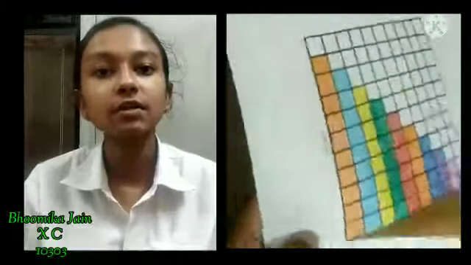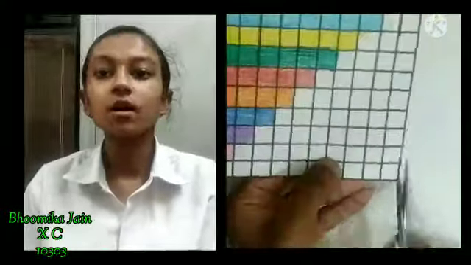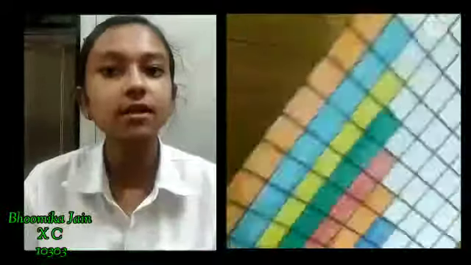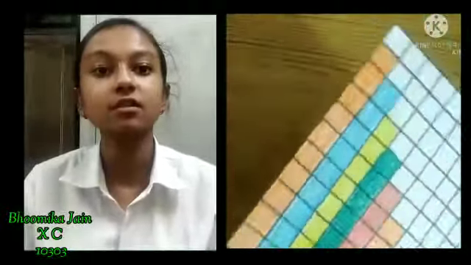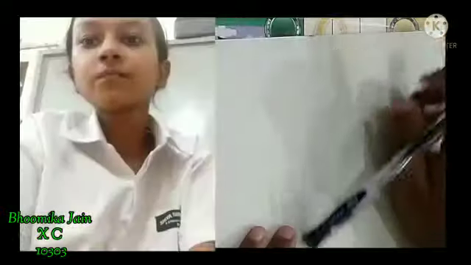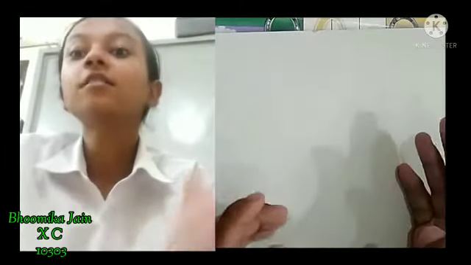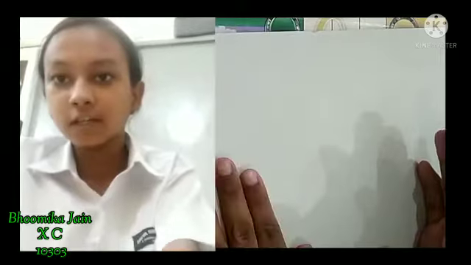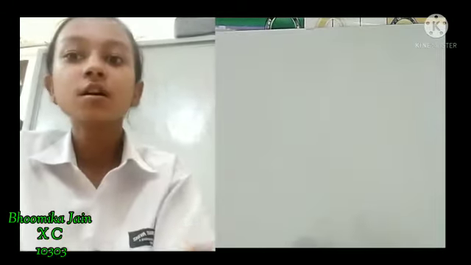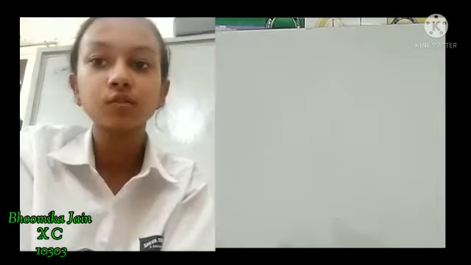Then we have to cut both the sides, one colored and one uncolored. The uncolored will be the replica of the colored side, and we'll use it in visualizing the formula and verifying it. So everyone, now we are going to find our main formula of the activity. Everything we have done so far was only for fun and to learn this activity better. But now is the main concept that we are going to learn through this activity.